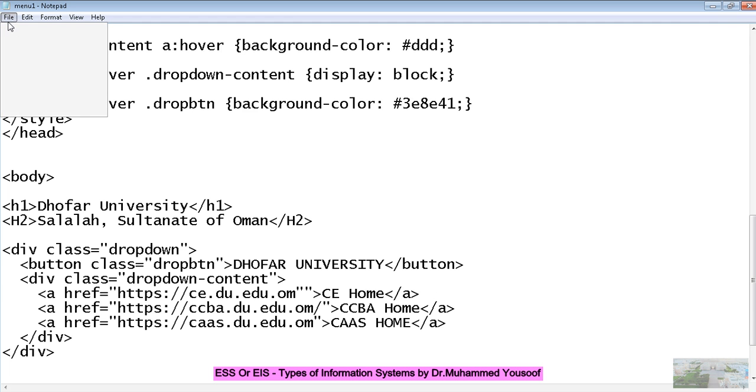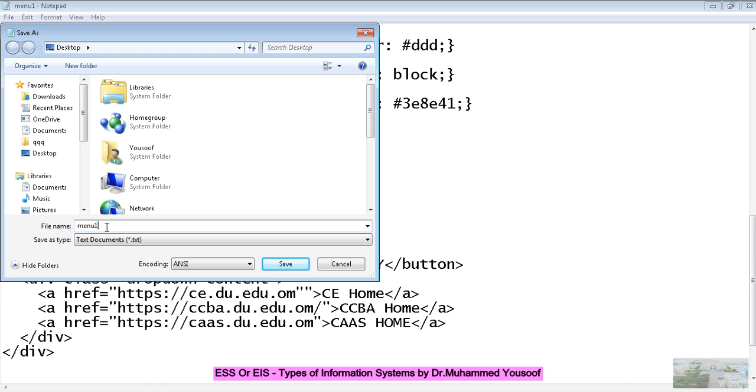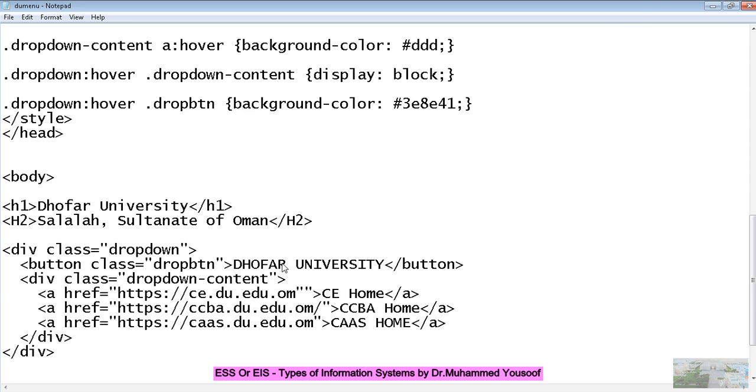Now I am saving the file. Save as, I am typing du menu dot html. I save the file. du menu.html. Now you can see that the file is there.